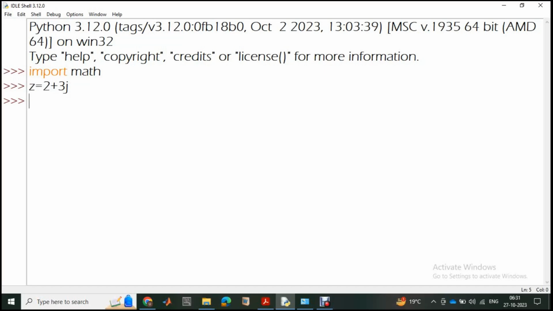Now, if I want to calculate it, what I have to do is take tan inverse, right? So how to do that? math.atan is nothing but tan inverse of the imaginary value, that is 3, by the real value 2. This is the formula, and the phase, the angle, is 0.9827. If you want to get it in degrees, we have the math.degrees function. So I'll just copy paste this here